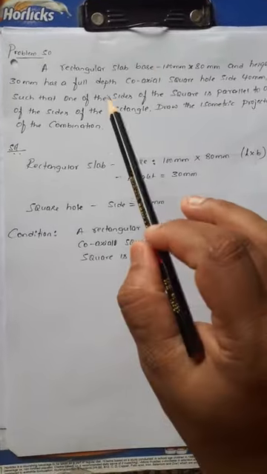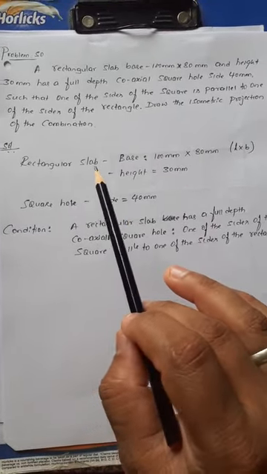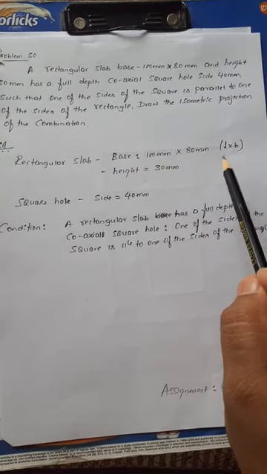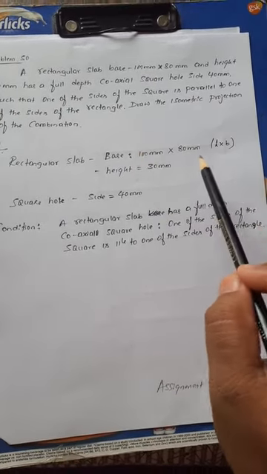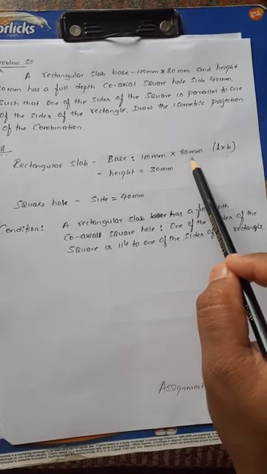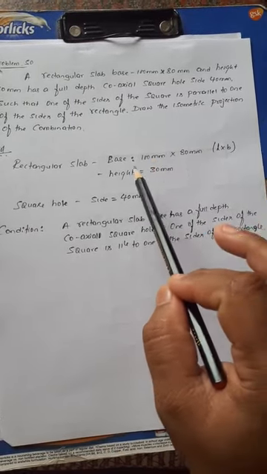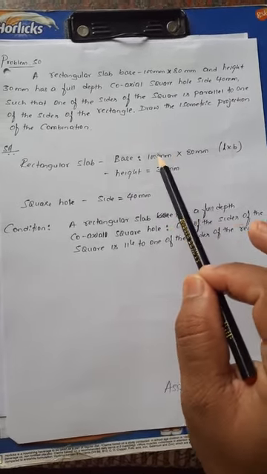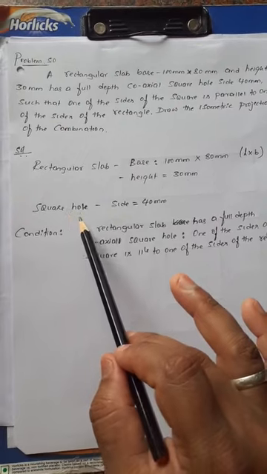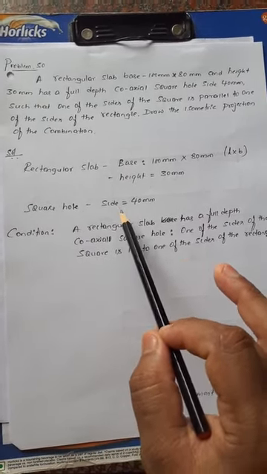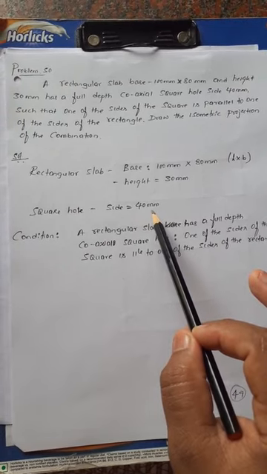Now here the solid given is a rectangular slab of base 100 mm into 80 mm. That is the length into breadth. That is what you show in iso horizontal, right? That length is shown at 30 degrees and the 80 mm is shown on the 150 degree line. And height is how much? 30 mm. Once you construct the rectangular slab, what is there in this slab? A square hole is there, through the rectangular slab. Side how much? 40 mm, right?